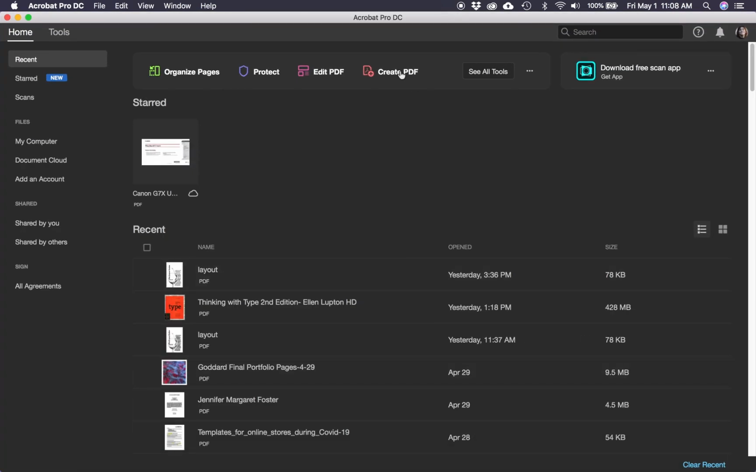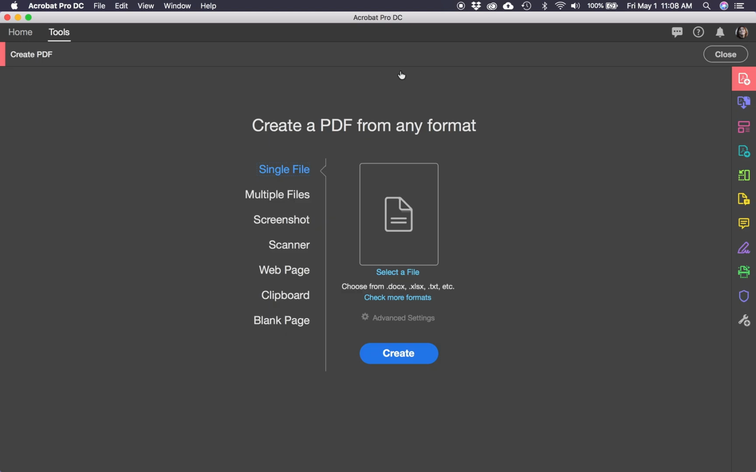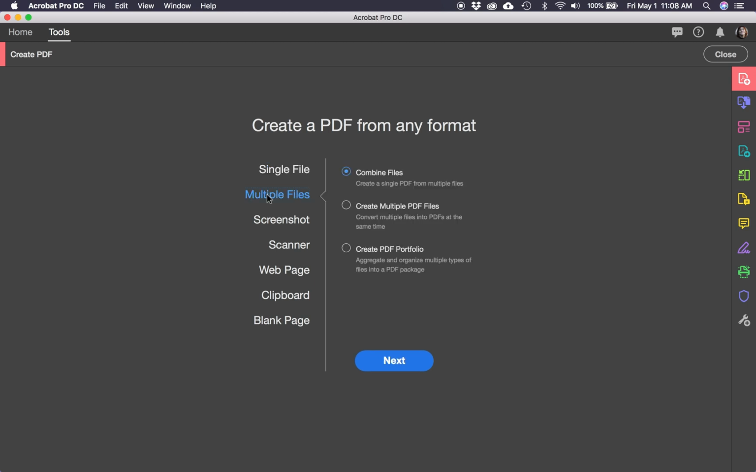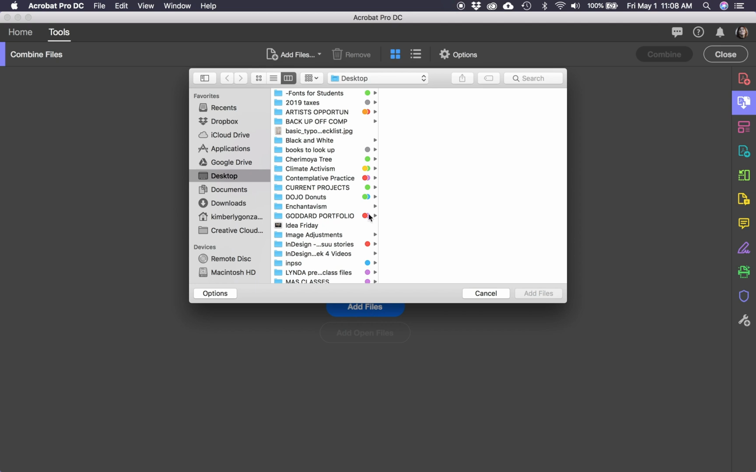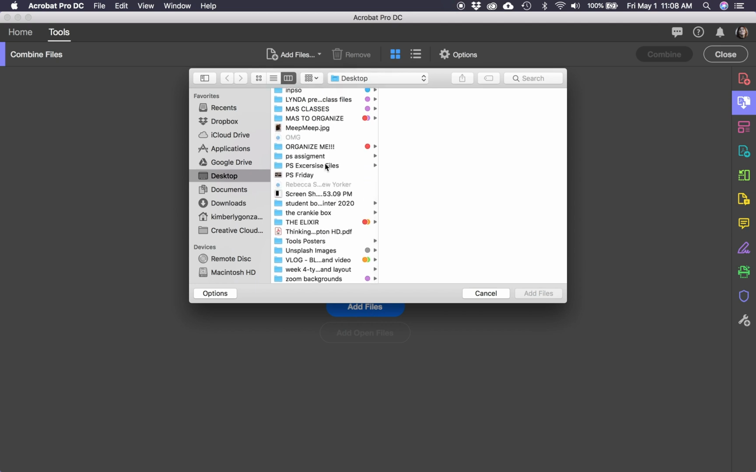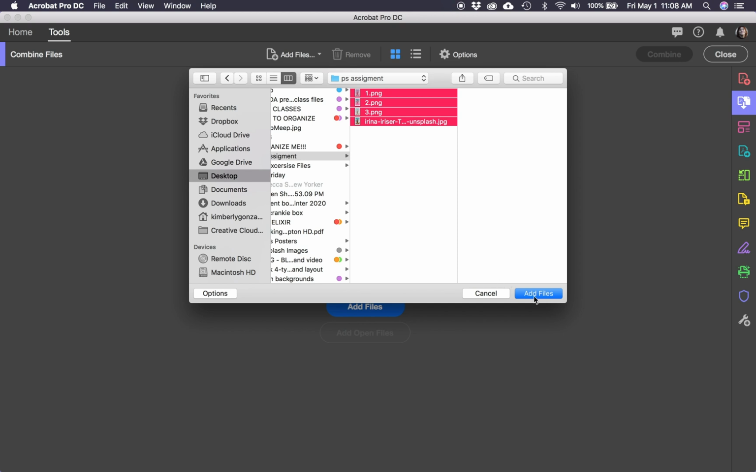Then I'm going to go back in Acrobat and go to Create PDF. Everybody should know how to do this. I'm going to use this at work constantly. So you want to create a PDF. You want multiple files, and you want to combine files. This is create a single PDF from multiple files. Go next, add files, and then let's look for PS Assignment, and we're going to shift click all of them, add files,